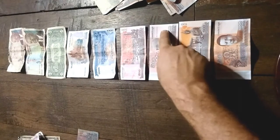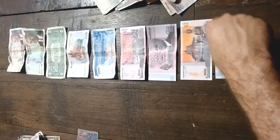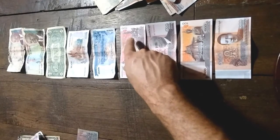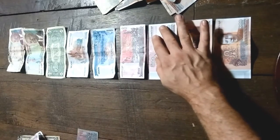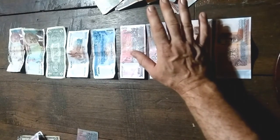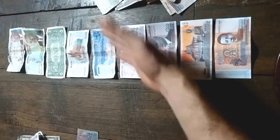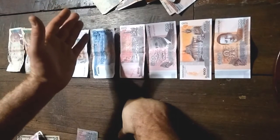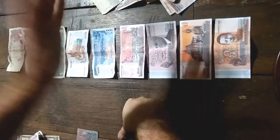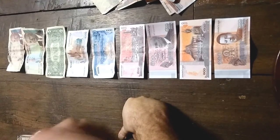Okay, the good thing about the Riel is that you get a slightly better rate on it sometimes if you go to the market. If you go to the local market and you buy small value objects, they will be priced in Riel. So for example, if you go and buy a kilo of pork in the market, it will be priced in Riel. And you can ask for a dollar conversion, but they will make the exchange rate work in their favour. You're talking cents, so you really are. Now sometimes they might not, sometimes they might just say, because there's 4,070 Riel to the dollar, you know, sometimes it works one way, sometimes it works the other, and you've got to be clever and work out which way is in your favour, and what's a good exchange rate for you. Okay,